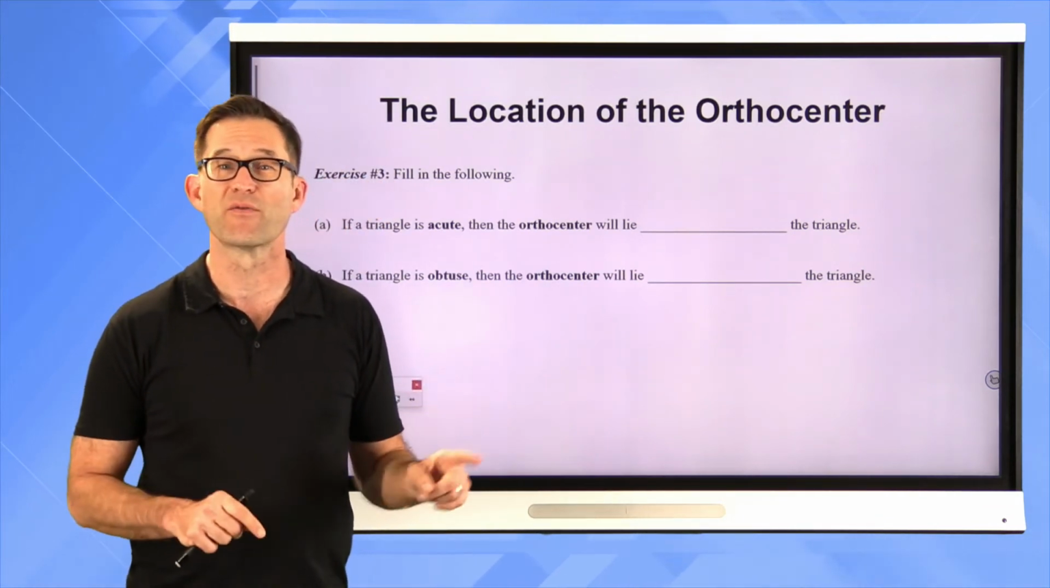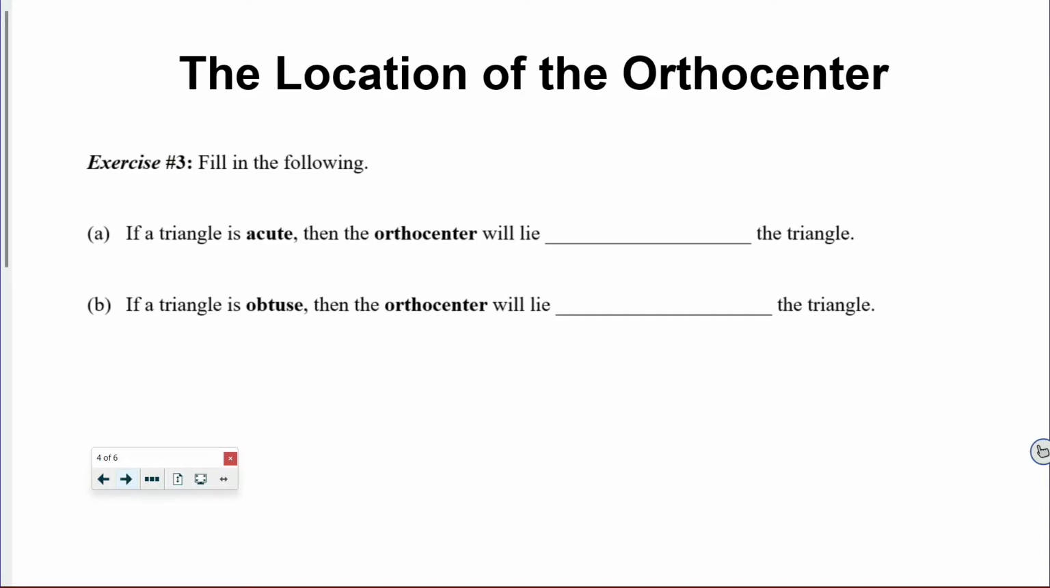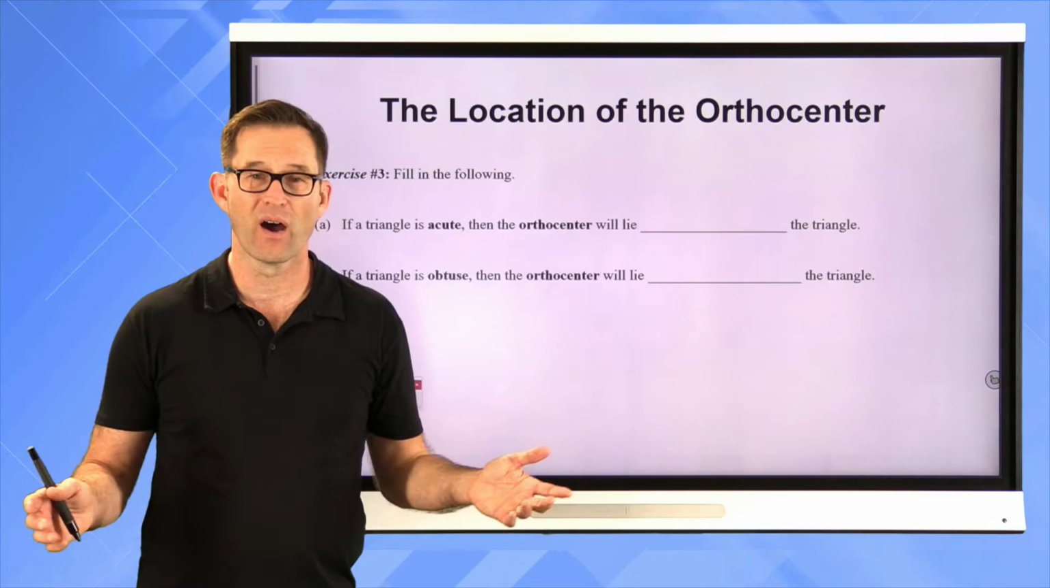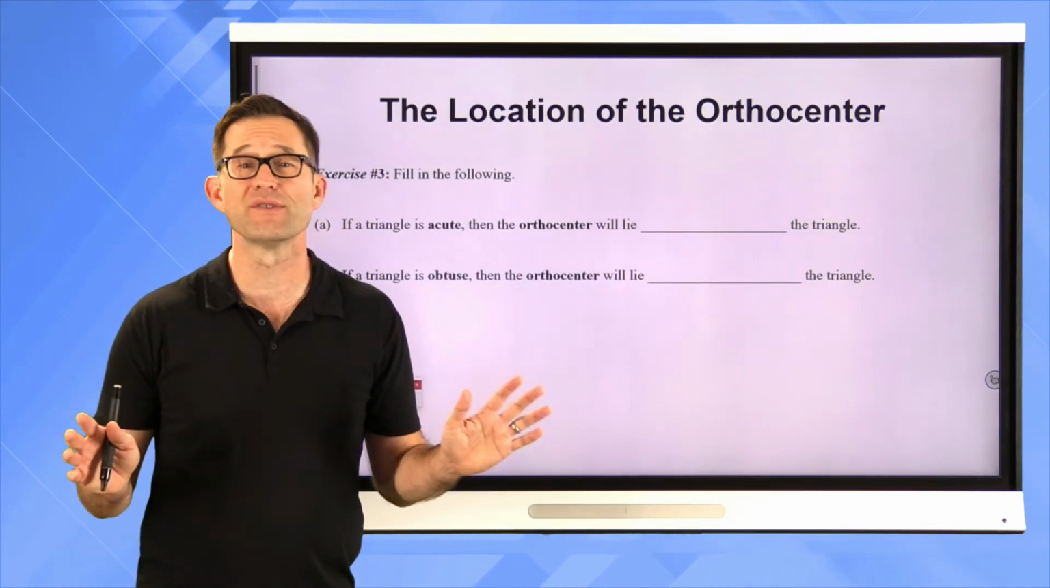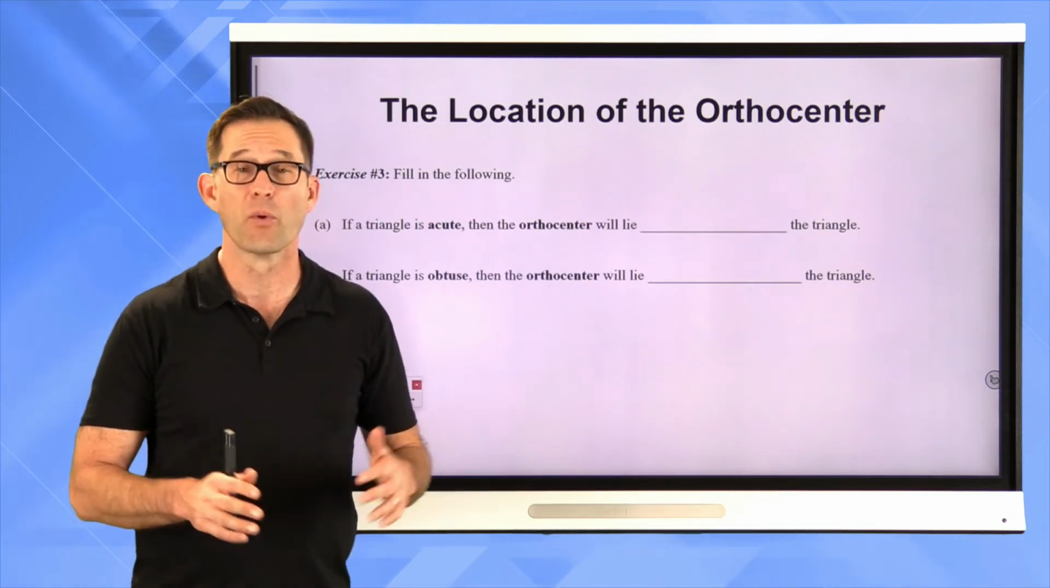This is probably going to look familiar. Exercise number 3. Fill in the following. If a triangle is acute, then the orthocenter will lie blank the triangle. And if the triangle is obtuse, the orthocenter will lie blank the triangle. All right. Now, I know we just did one acute triangle and one obtuse triangle, but we're going to generalize